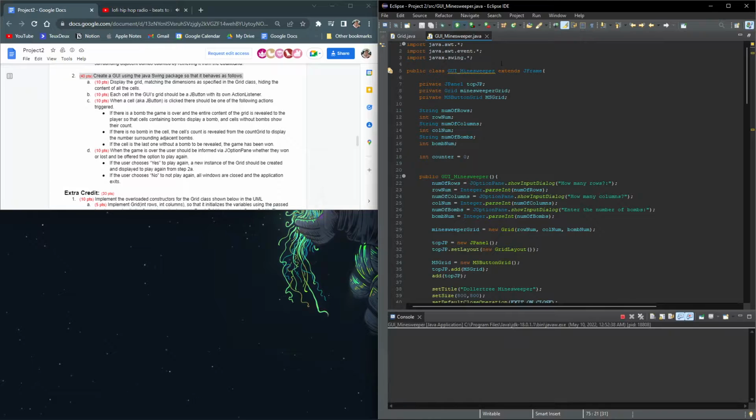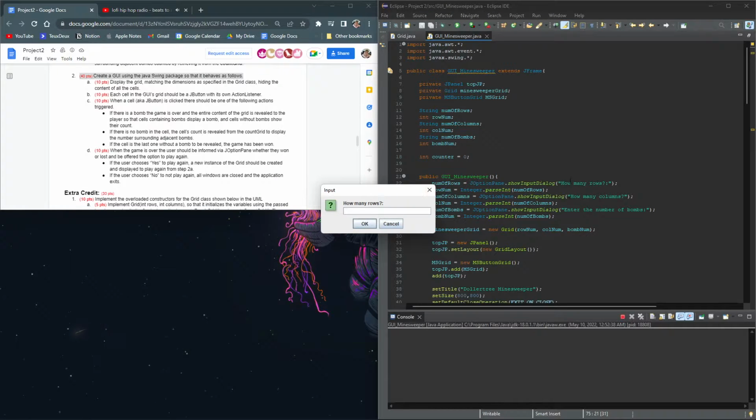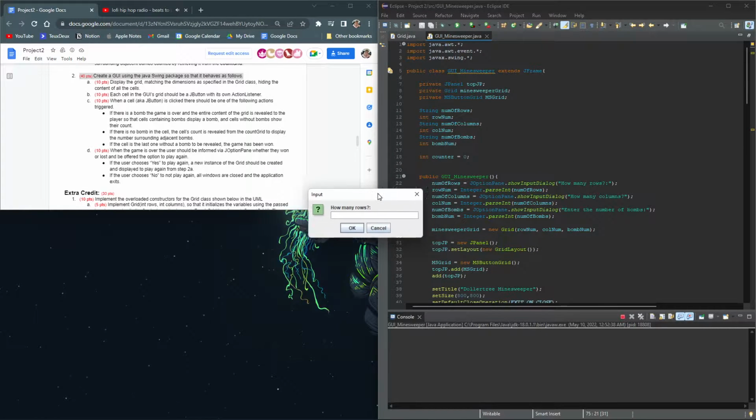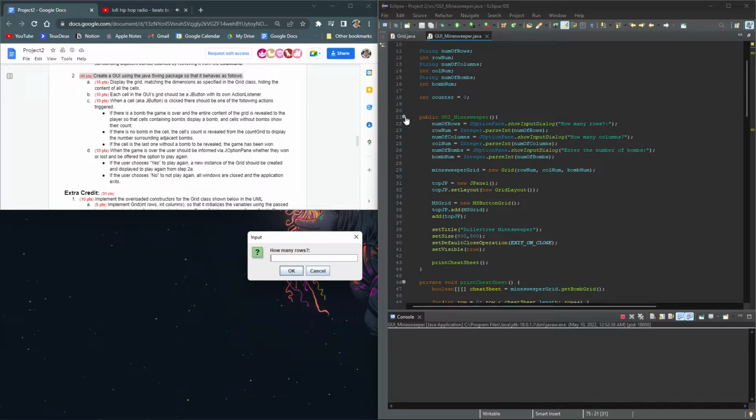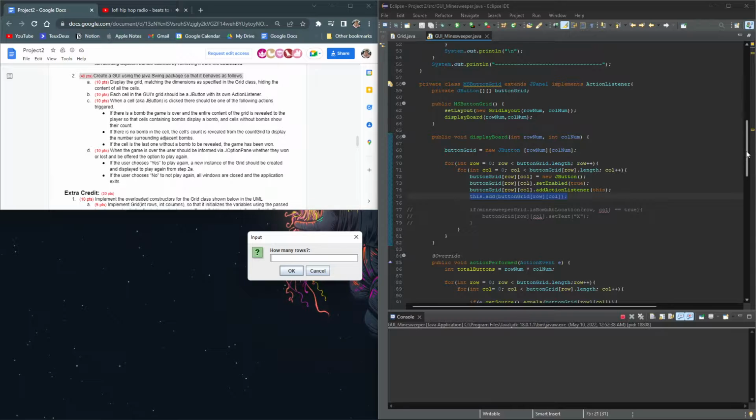Run it. How many rows? So I'm just going to show this real quick. I have all my variables needed, my JFrame, JPanel, my grid, bomb and count grid, button grid, variables needed for input and output from the user, and a counter that checks the wins that's used for math for the wins. Once the GUI messenger is called from the main method, which is here in the bottom,